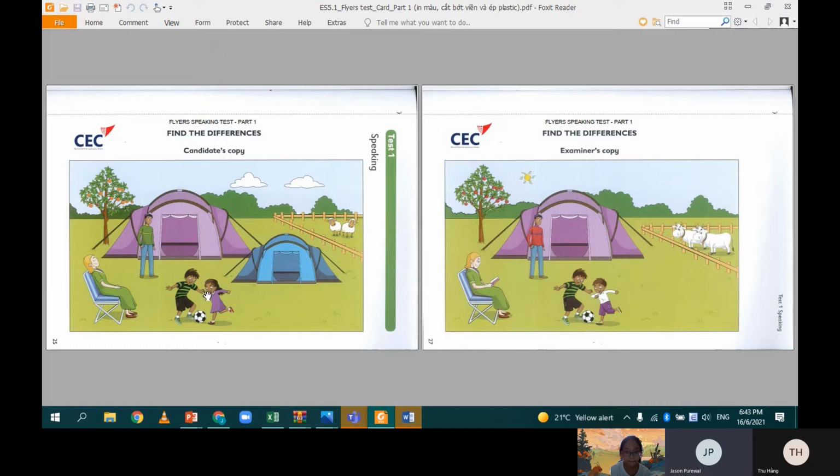Okay, in my picture, the man in front of the tent is wearing a green sweater. How about yours? In my picture, the man wear the red shirt. In my picture, there are 2 tents. One small blue one and one big purple one. How about yours? In my picture, in my picture has one